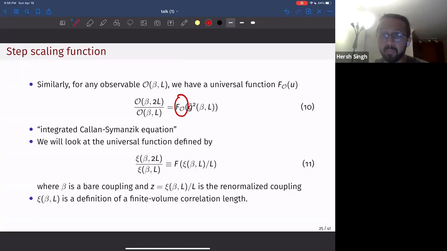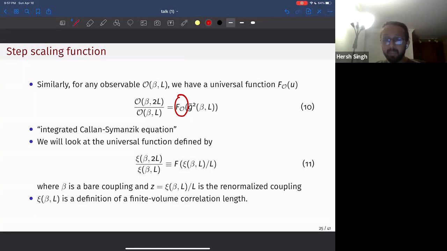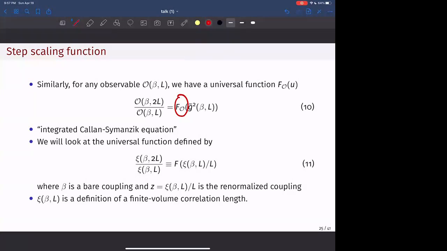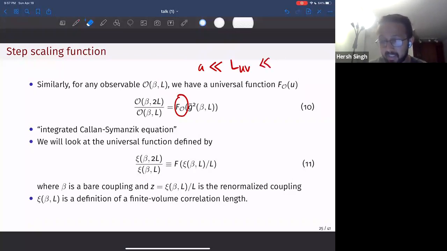And that's what you mean. Then you say that only in the infrared you will be able to get this universality for large L? Yeah, the word infrared is tricky because there are multiple scales here. I had this slide earlier where I said there is some L_UV and L_IR, the lattice spacing, which is like the correlation length, or one over Lambda QCD.